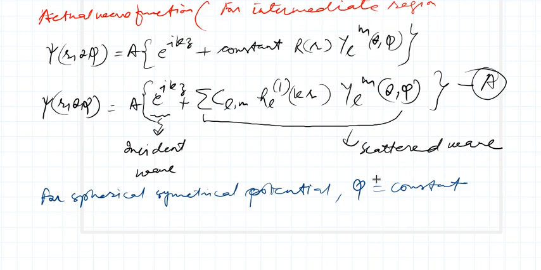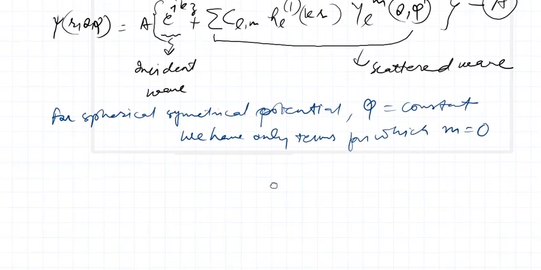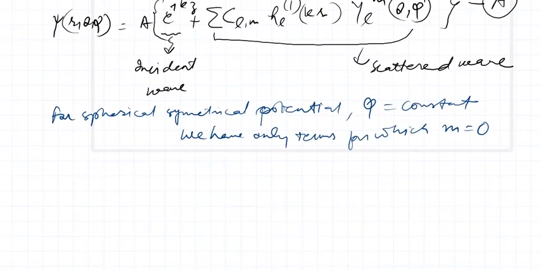That means we have only terms for which m is equal to 0. And I have defined Y_LM(theta, phi) in the beginning of the lecture, right? So using that, I can write down Y_LM(theta, phi)